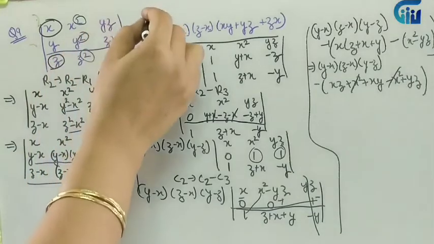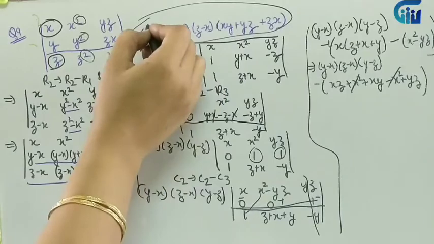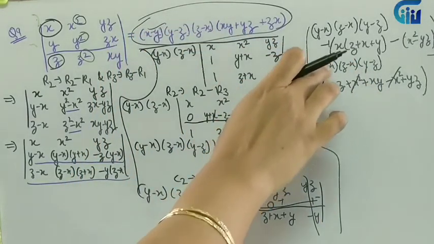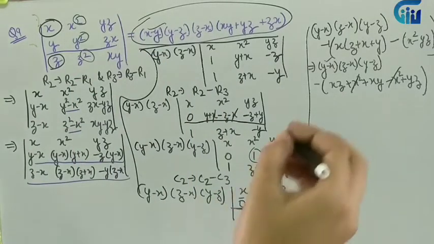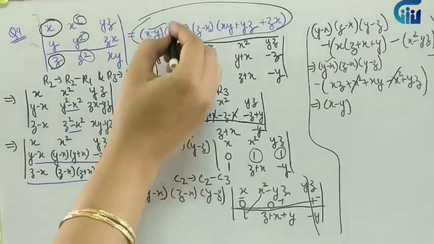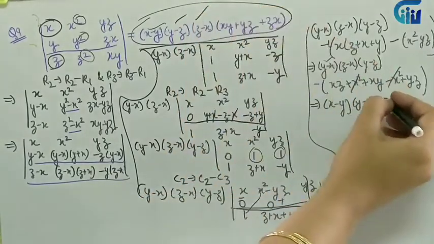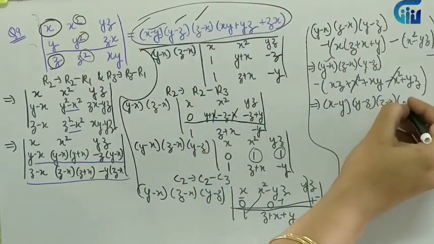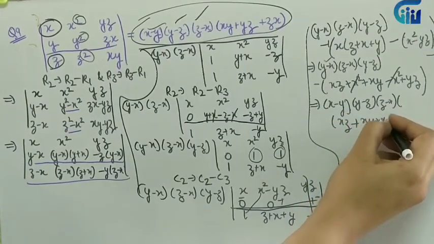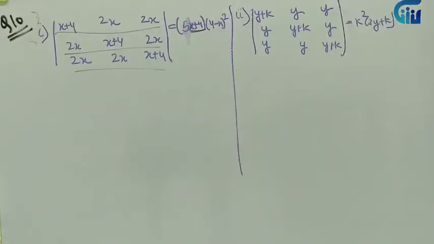Let's compare the result with the right hand side. What we are getting over here, x minus y. So I am getting y minus x. So I'll write this minus sign with this, multiplied with this bracket. So my factor will be x minus y. Am I getting y minus z? Yes. So it is y minus z. Am I getting z minus x? Yes, z minus x. And am I getting the other factor? Yes, xz plus xy plus yz. Hence the result.